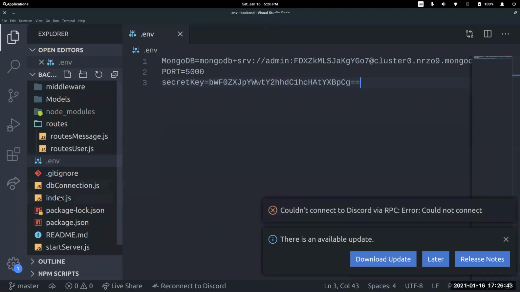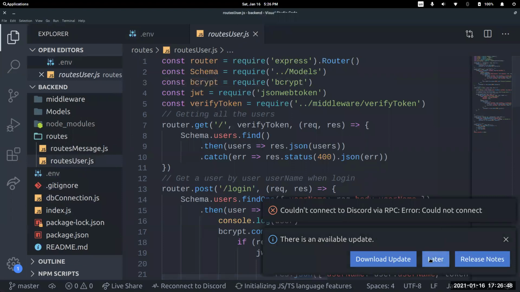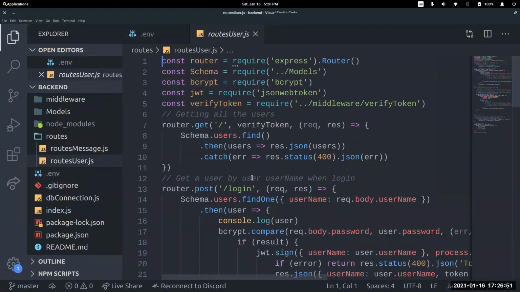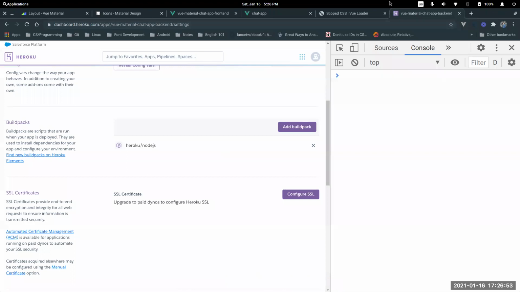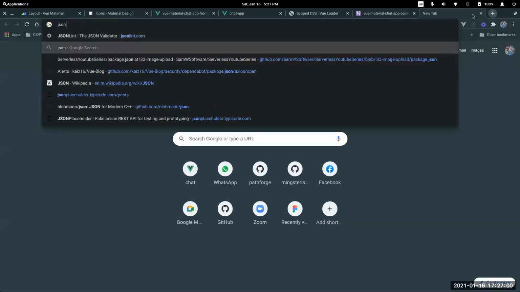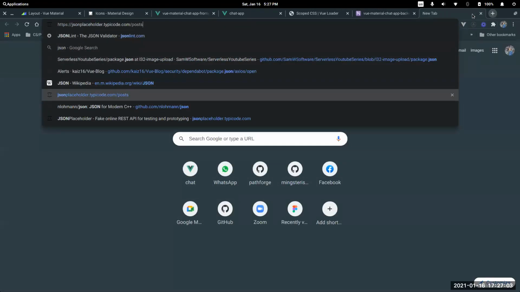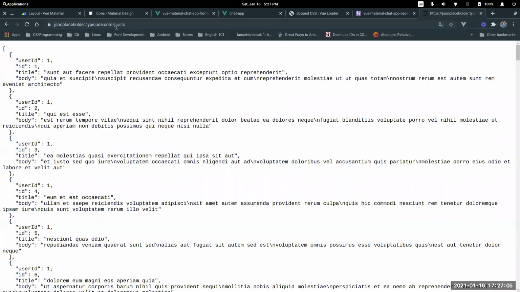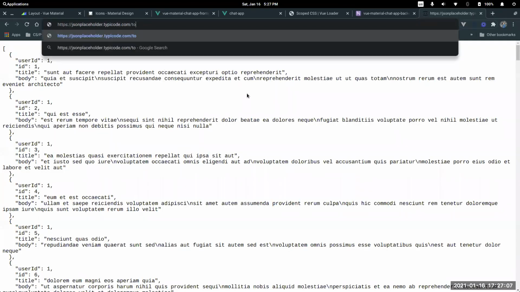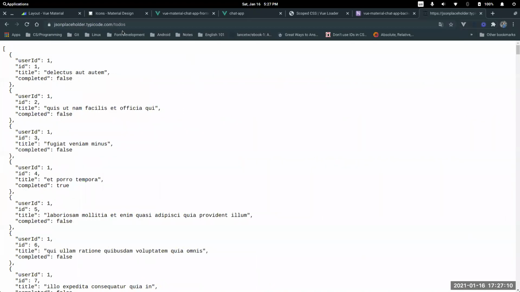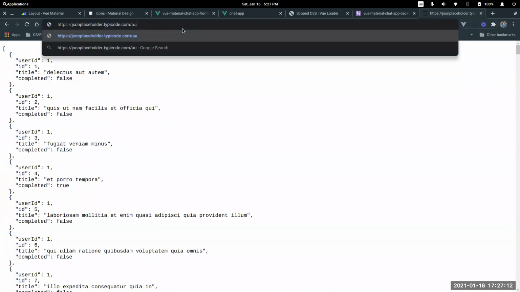Here's our backend. It's using the Express server, all right? But here's all the routes that we have available, right? So for example, if you go to the JSON placeholder and then you go to the posts, you get all the posts. If you go to the to-dos, you get all the to-dos. Or if you go to the authors, you get all the authors, right? Similar to that,